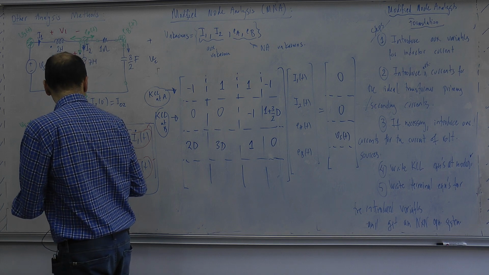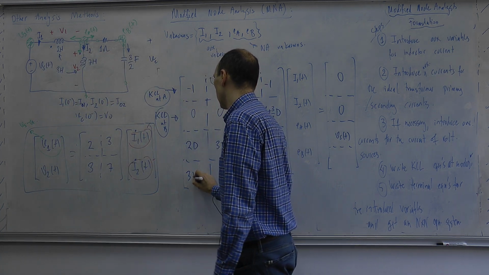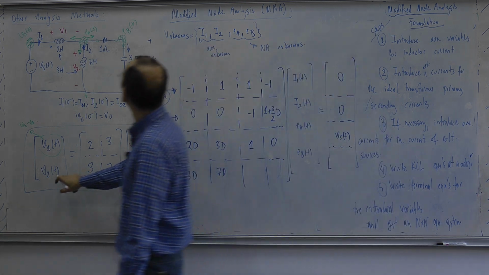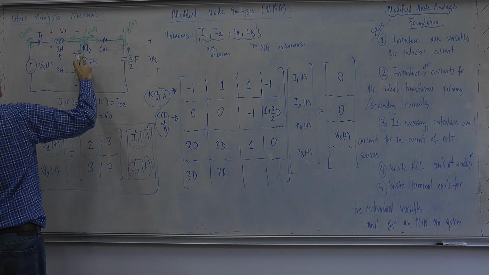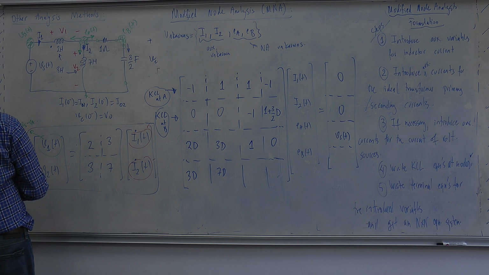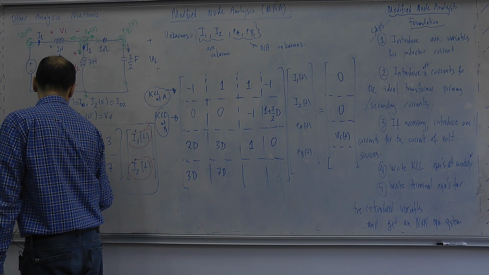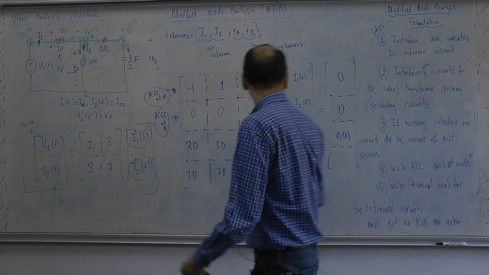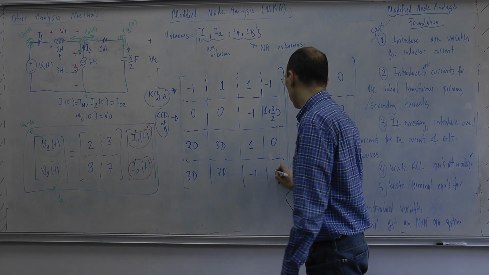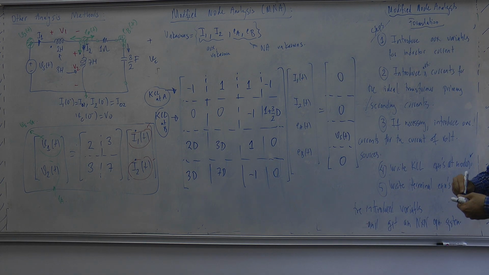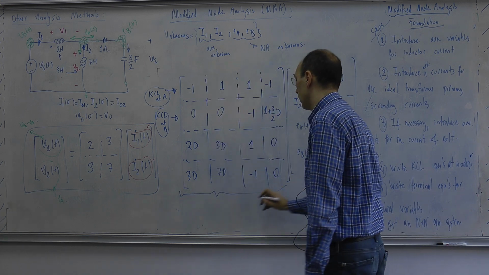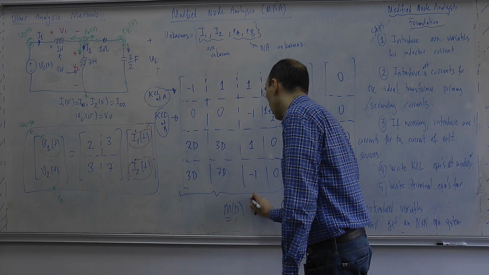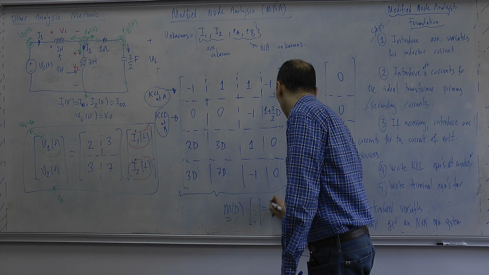So how about this second equation? 3 D I1, 7 D I2, okay. And what is V2? V2 is over here, okay. V2 is just EA, okay. So I should move this to the other side because I'm putting all the known things over here. Minus 1, 0, I'm done. So as you see, again I get a matrix differential equation, but this is indeed a differential equation. Okay, so I have this unknown vector is equal to,